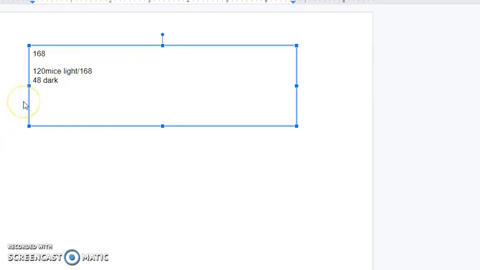And I calculate that it's about 76%, or 0.76 of the mice. And when I look at the frequency of the dark, I'm going to take 48, and I'm going to divide 48 divided by the total of 168. So with that, 168 mice, we find that approximately,